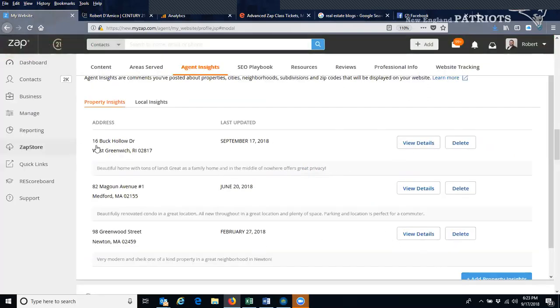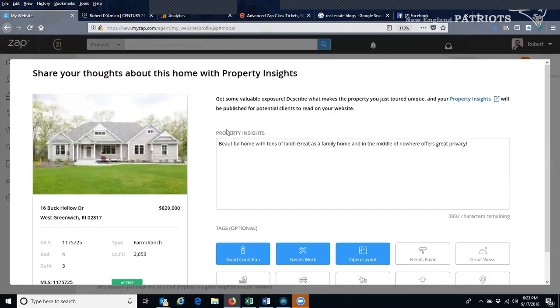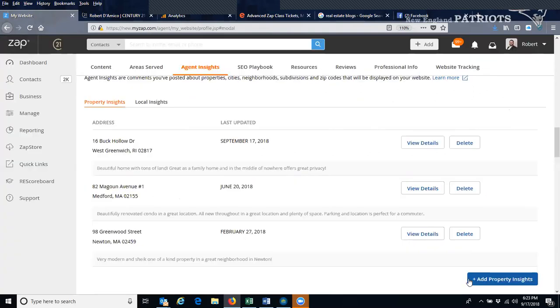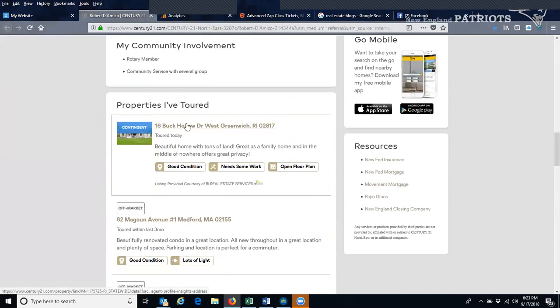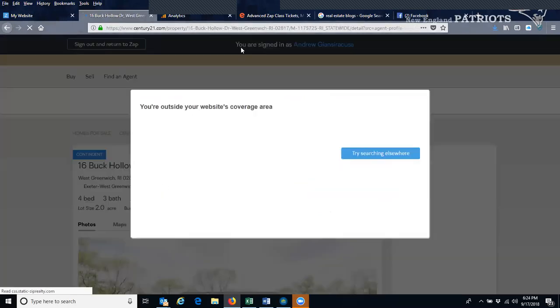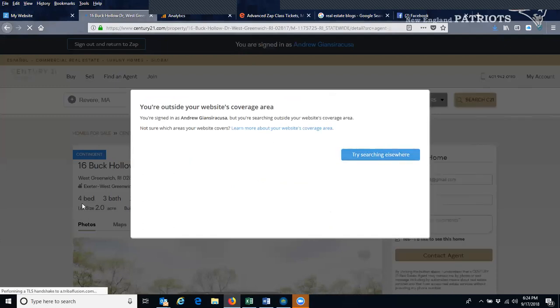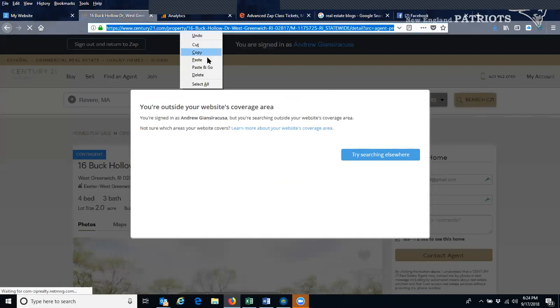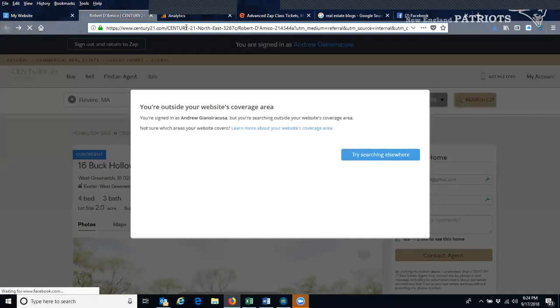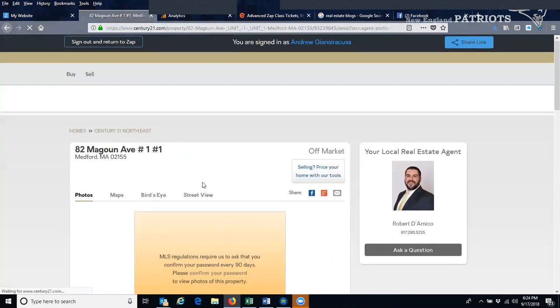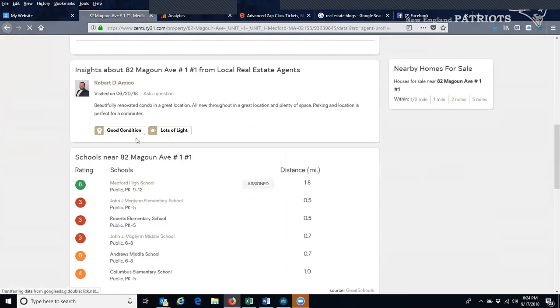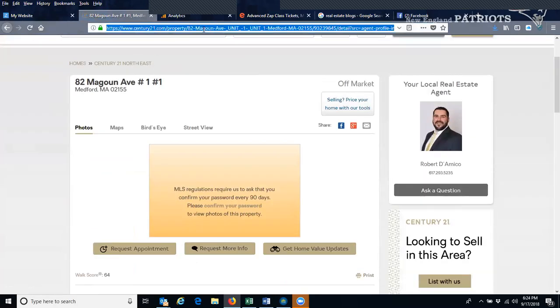So now that's been published right here, 16 Buck Hollow. If I hit view details, and if I go to my website now, we'll see it here. There's 16 Buck Hollow. You can see it's contingent. If I click on this, it's going to tell me I'm outside my coverage area, but your review would show on here. So I could copy this link. Click this one here. This is in my coverage area. So you'll see your review right here. What I could do is copy this link,